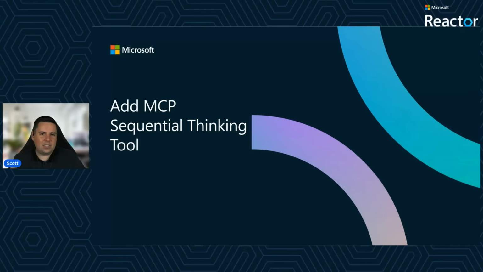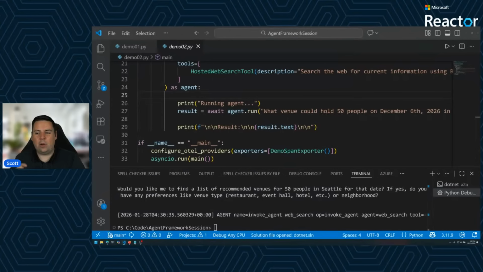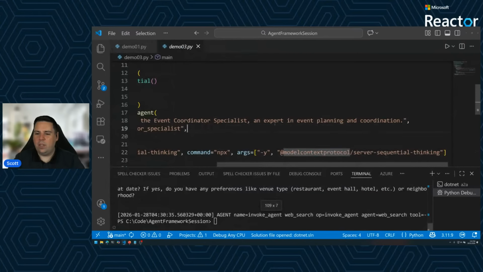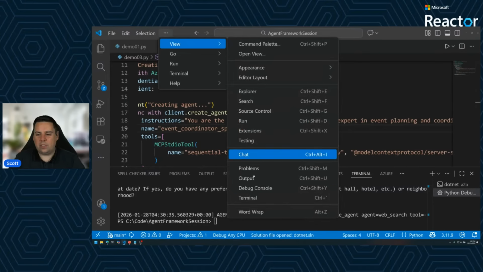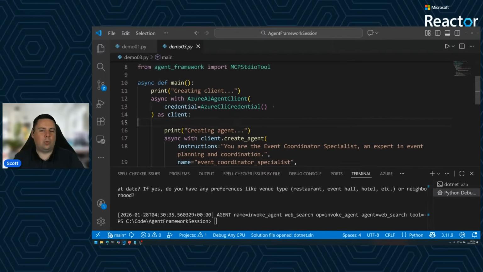But let's actually add an MCP tool in and make our coordinator a little bit smarter. Because here so far we've looked at a venue planner, but coordinating an event is a little bit more than just having a venue. So in Demo 3, we introduce our event coordinator specialist, whose job is to focus on actually putting together a plan.